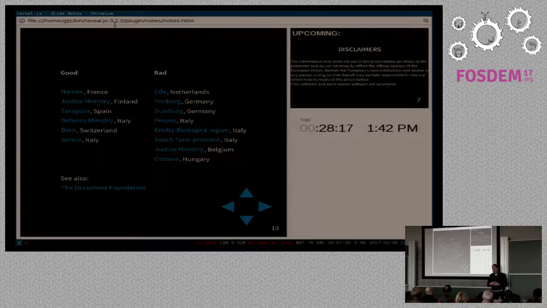The Defense Ministry in Italy, it's currently the largest European, maybe globally the largest rollout of LibreOffice on the desktop. They use the Document Foundation change management manual, and it's at the bottom. It's a pretty good document. Organizations should use it as a template to consider, okay, this might not entirely fit my organization, but these are the things I need to do. On the bad side,